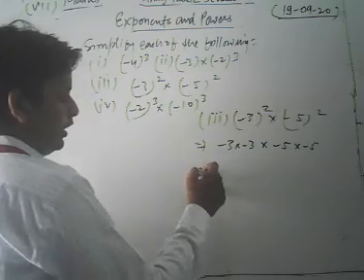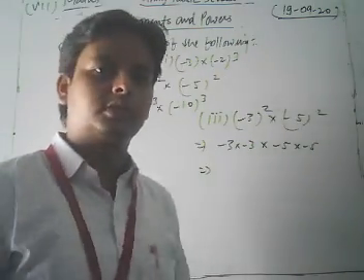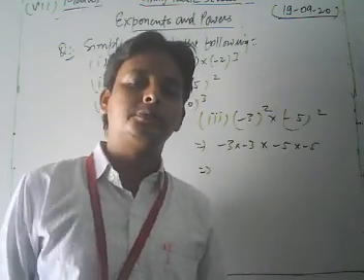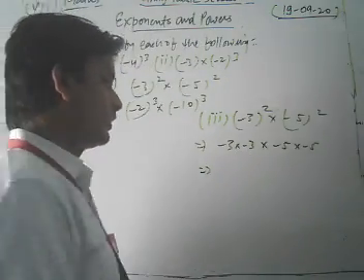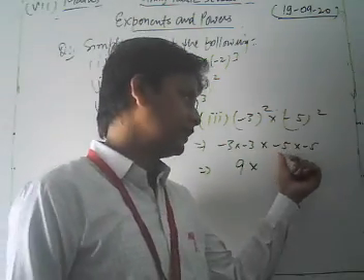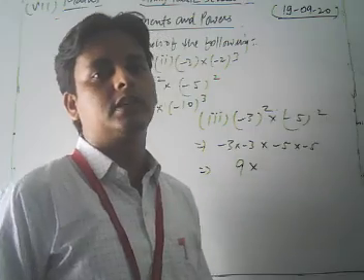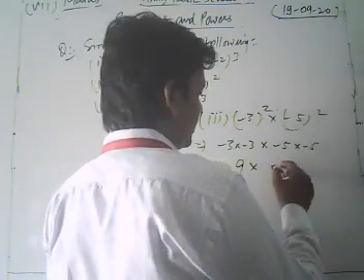Now look, minus 3 multiplied by minus 3. So what do I get, dear student? Just as I discussed, when minus is multiplied with minus, it converts into plus, and 3 times 3 is plus 9. Into minus 5 into minus 5. So we get 5 times 5 is 25, minus times minus is plus, so we get plus 25.